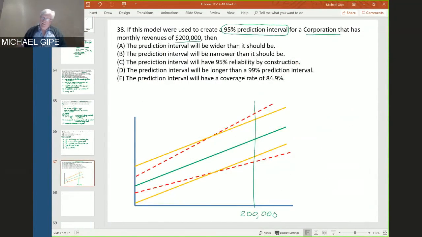So the red dotted lines are what would be the actual prediction interval. Since RMSE increases,